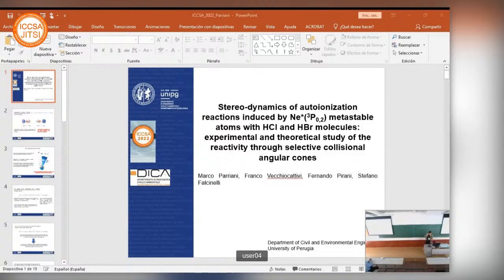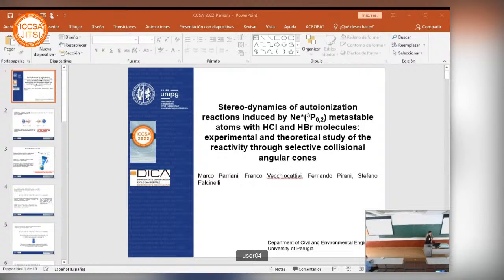We will refer in this work to collisional autoionizations or Penning ionizations because we will have a reagent species in an internally excited metastable state as an ionizing agent. In our case, it will be the noble gas. Penning ionization has been demonstrated by our research group to be describable with semi-empirical models to rationalize it as an elementary oxidation process in a specific thermal condition, as schematized in the equation,